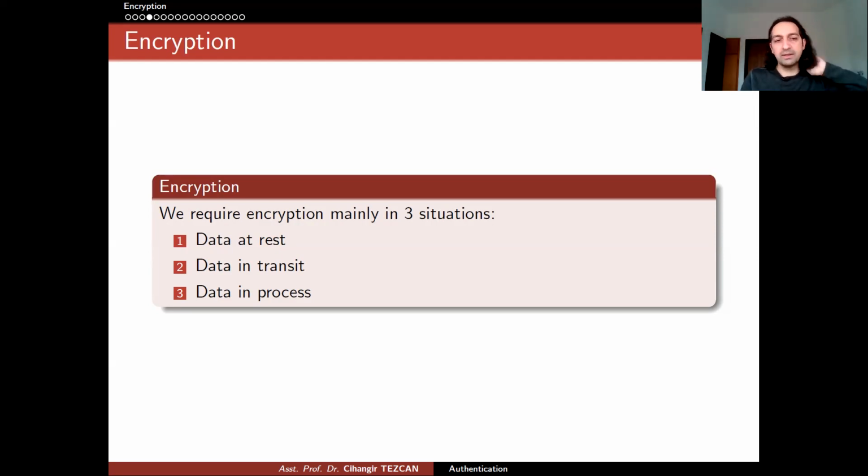Think about it in a cloud scenario. You encrypted your file and put it on a Dropbox server, for instance. So in the cloud, it stays there. But now you want to change a single byte of, for instance, a 1 gigabyte file. You have to decrypt it back, make the modification, and encrypt it back. So in the process, we don't provide security, because during the process we need the decrypted version, right? This problem is also solved by fully homomorphic encryption.